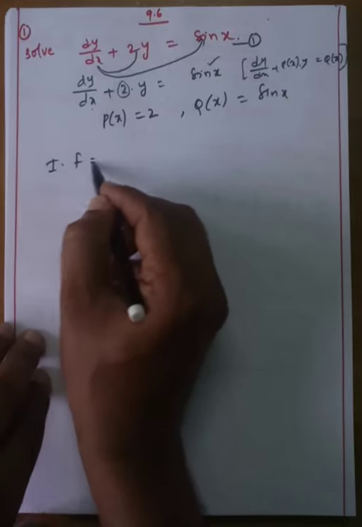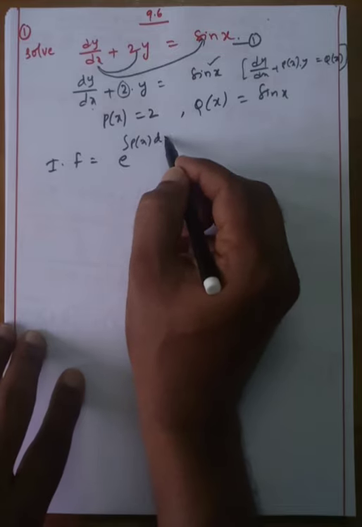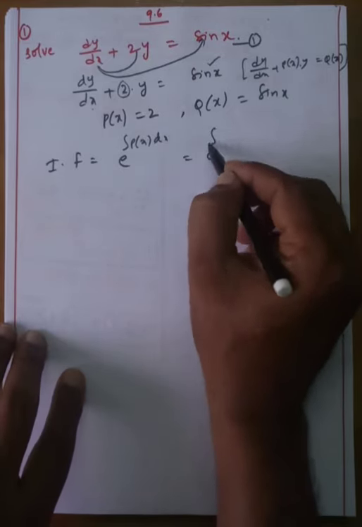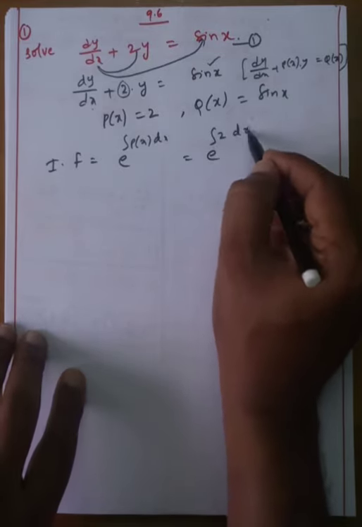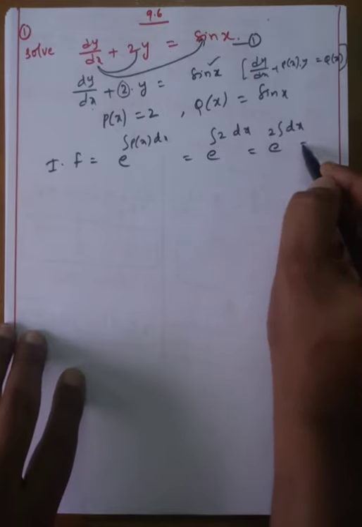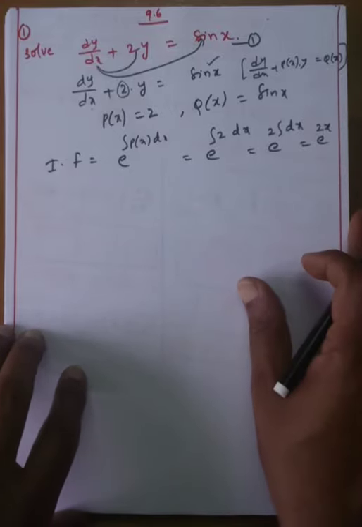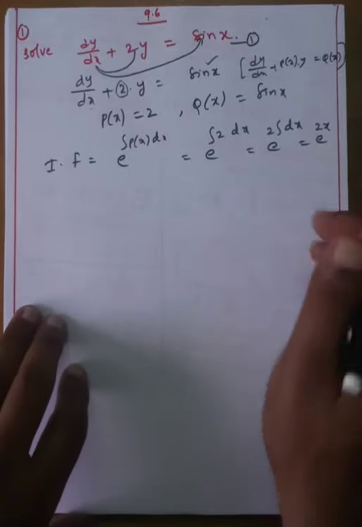Okay, now you will find the integrating factor. What is the integrating factor, my dear students? e power integral of p of x dx. I hope that you understood or not. e power integral of p of x dx. 2 is constant, my dear students, so the integral of dx gives e power 2x. Integrating factor is equal to e power 2x. Now write the general solution of 1.